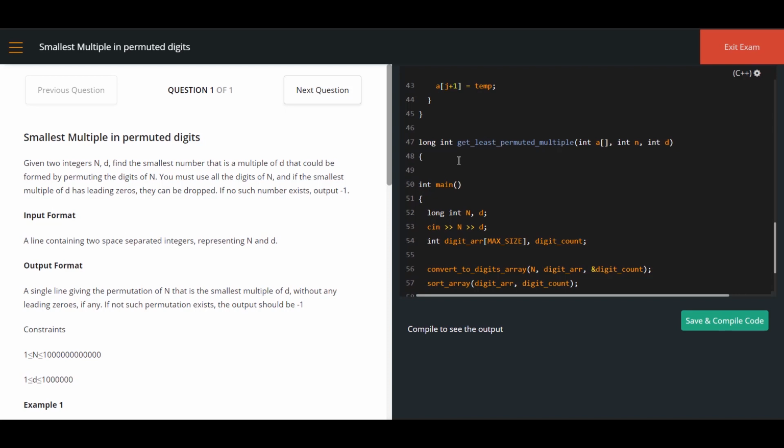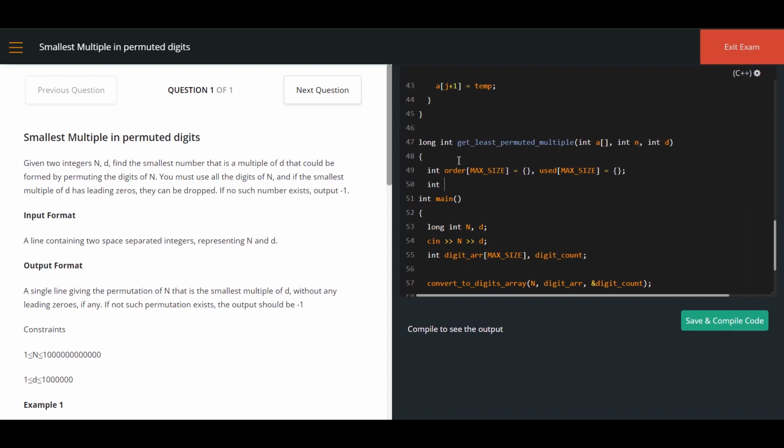Here I am going to do permutation. For permutation I need some values, so let me declare a few arrays. Here int order of max underscore size is equal to empty. Then used of max underscore size is equal to empty.